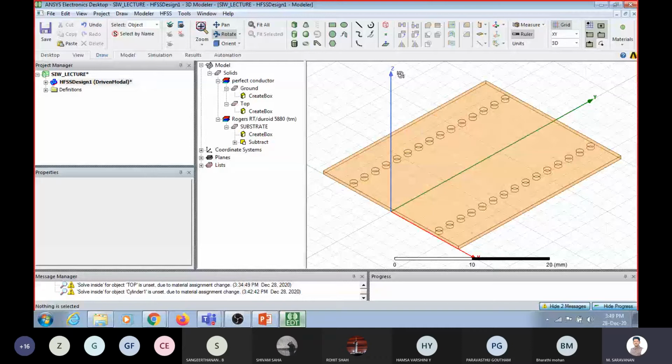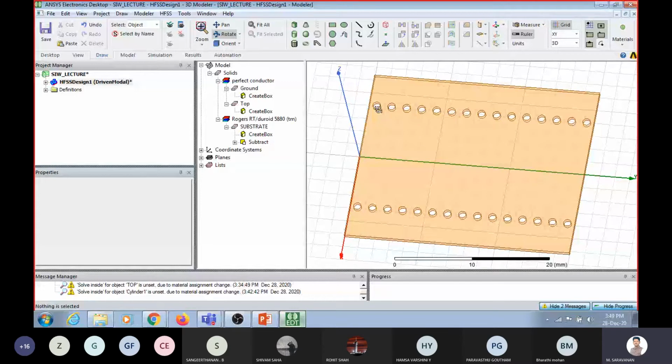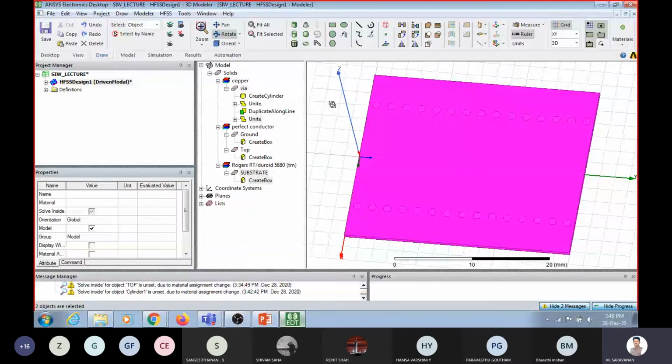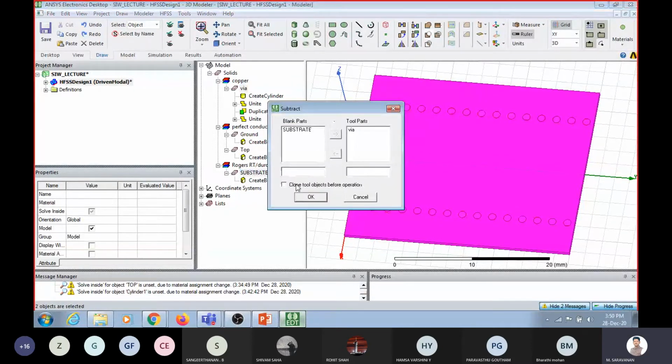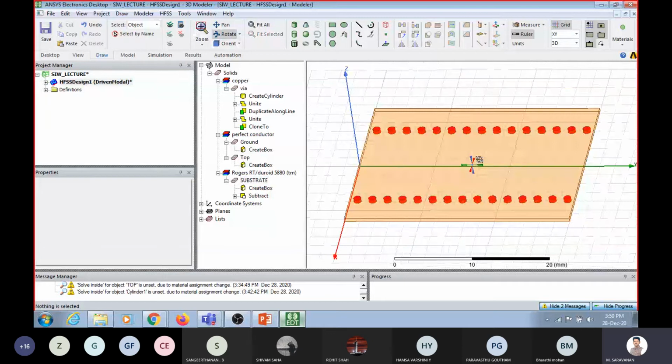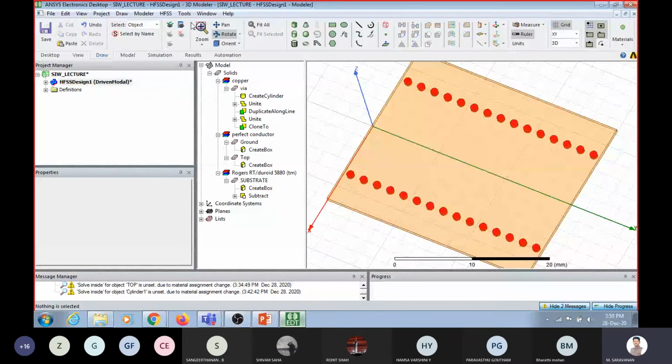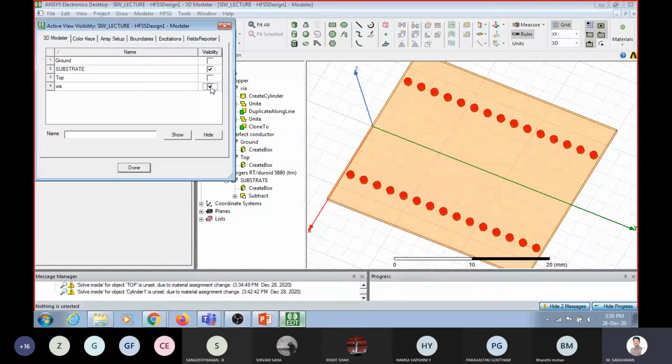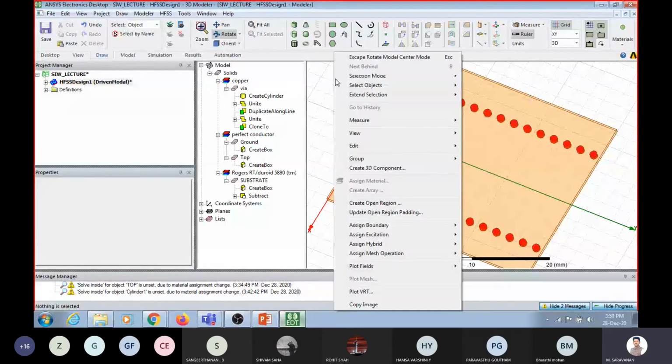Okay, but what is our requirement? Our requirement is we have to punch a hole according to the dimension of the vias, and also we have to fill the hole with the vias. Okay, so that is what you have to do. So to do that, select substrate and via, click subtract, select clone. Clone means this tool object, once again it will clone it and fill it. Click OK. Now you can see the difference. Okay. So inside the substrate, it created a hole and it filled the hole with via. So this is very important.